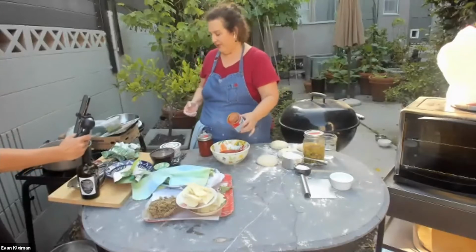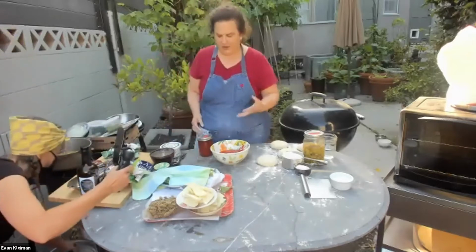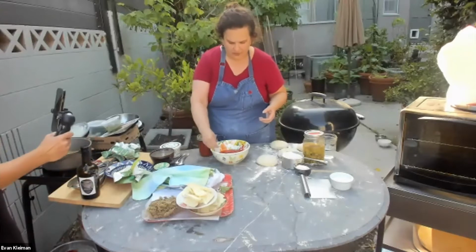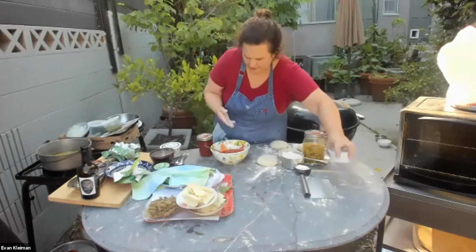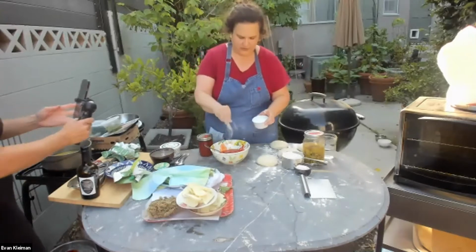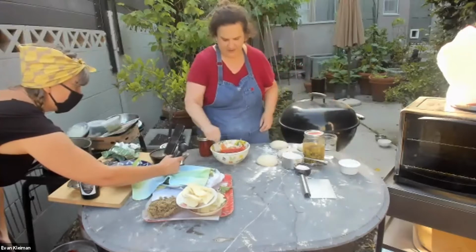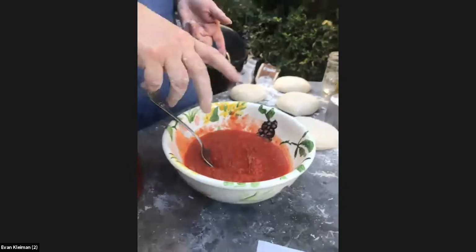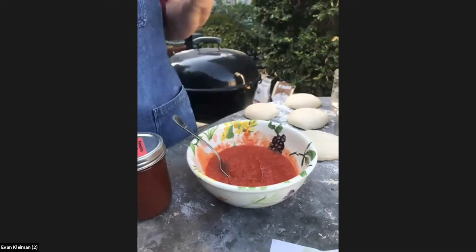Traditionally, pizza sauce in Italy is not cooked. It's a very, very light tomato sauce that is raw, which gives you a lighter, fresher taste. So if I were going to use this sauce, all I would do is add a little bit of salt to taste. And there you have it. If you want to be lazy, you could add a little bit of olive oil, but you could also just add olive oil as you're making your pizza,